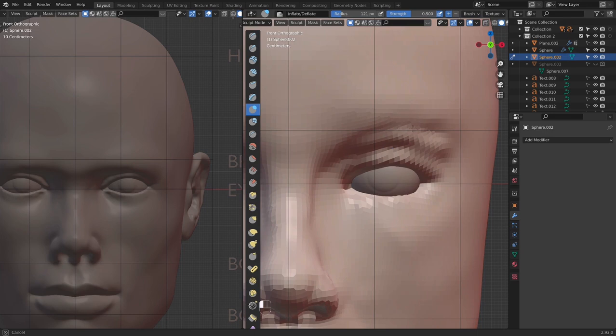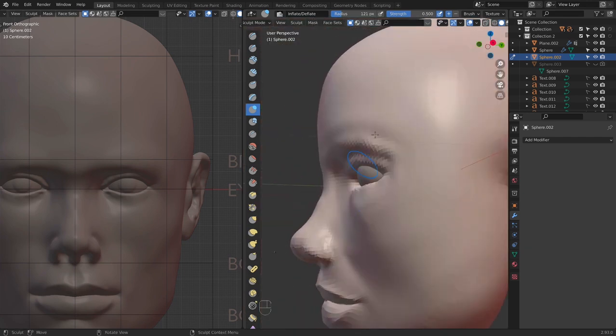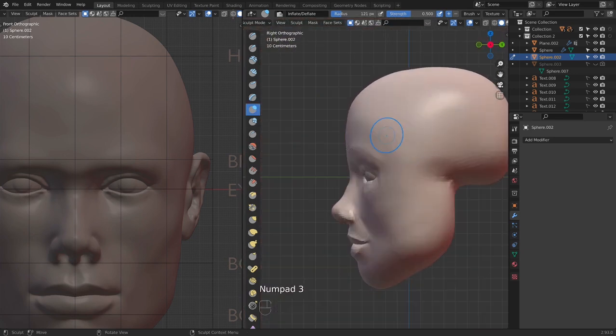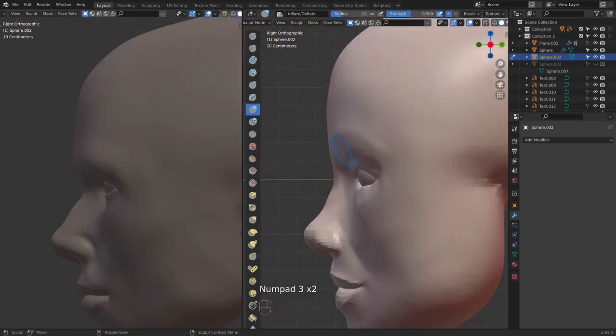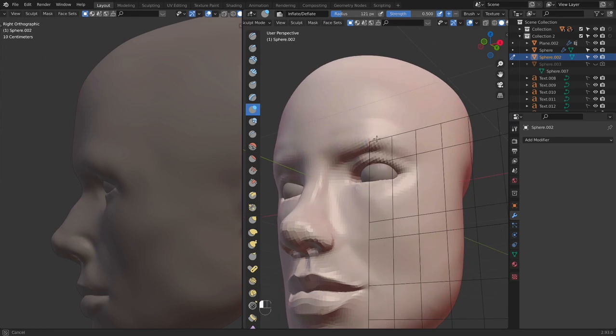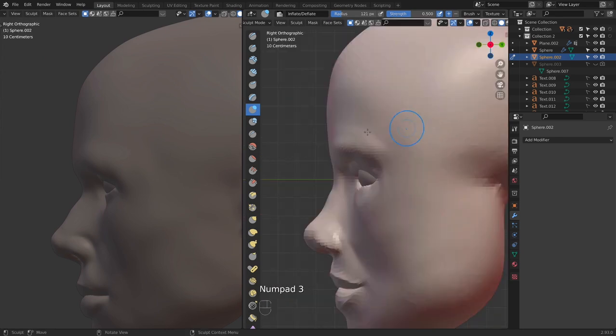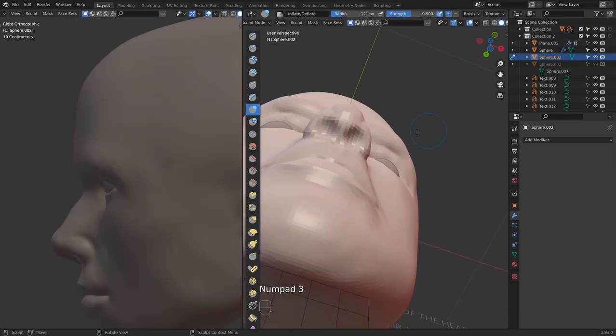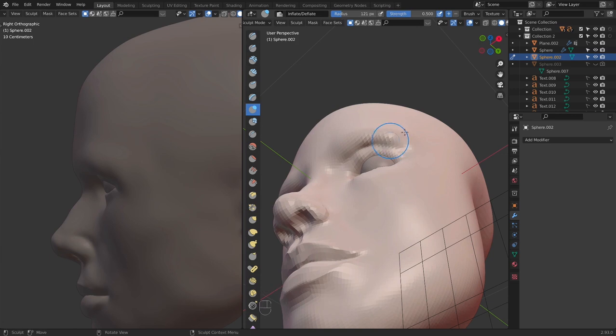So using the inflate brush, I will use it and make sure that I have the eyebrow bone and also this here. Let's inflate these up here and smooth things up. Let's press 3, and here we have it. So now I'm going to be adding more bone here, and looking from the bottom, you can see that this is like squarish. So we are going to add more geometry here,